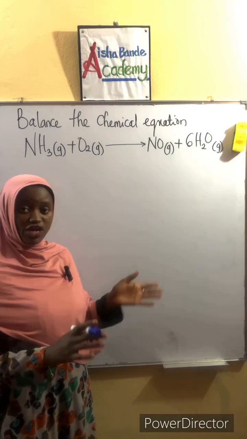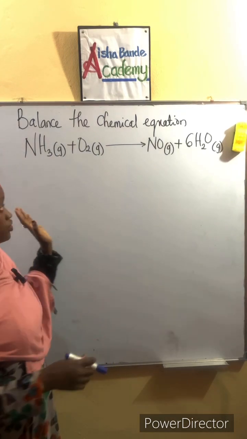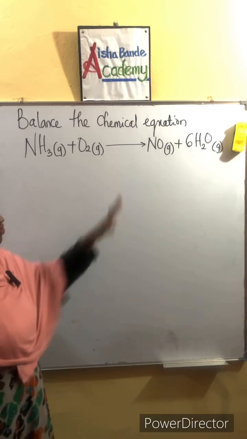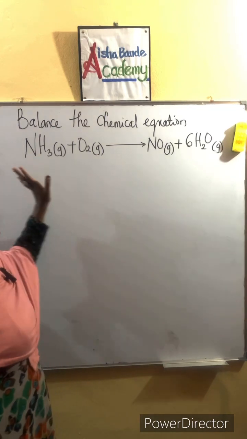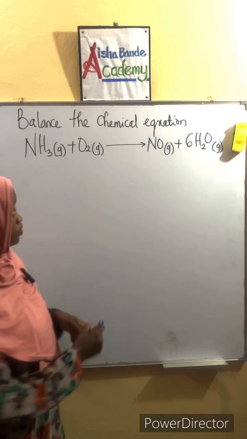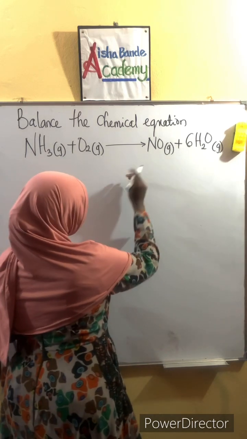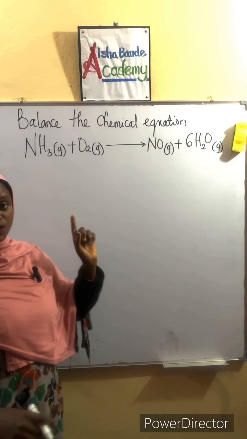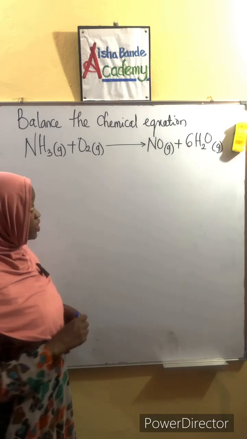So in a chemical reaction, we have both the reactant and the product. On our right hand side is where we have the product, while on the left hand side is where we have the reactant. So for us to balance a chemical reaction, the easy way to go about this,